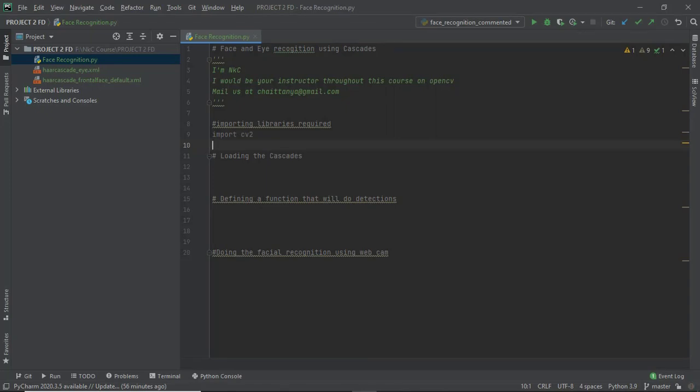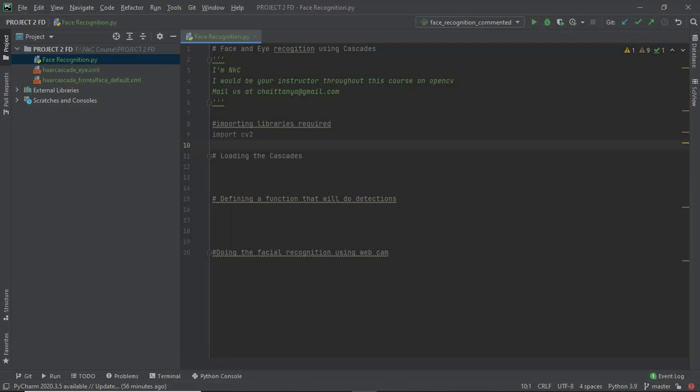The reason why we don't import much more is that we are not doing deep learning here. If you noticed in the intuition lectures, Cascades are not a neural network, not a deep series of layers, but a series of filters.